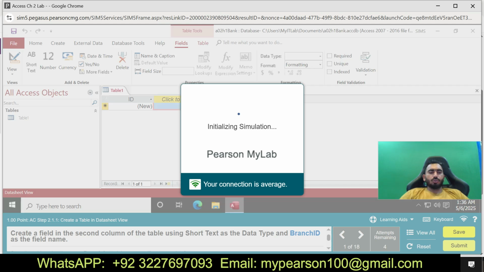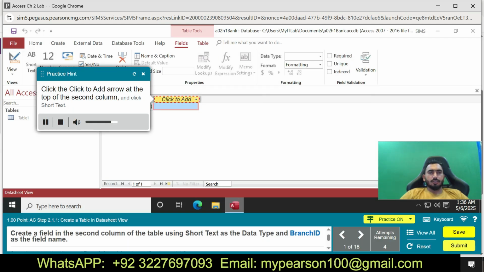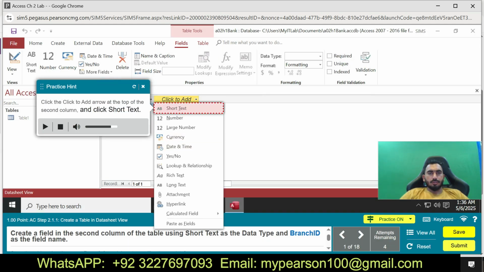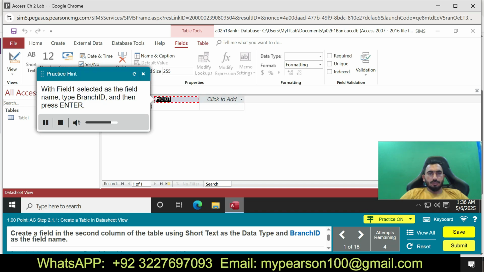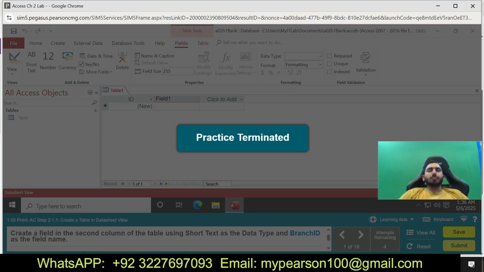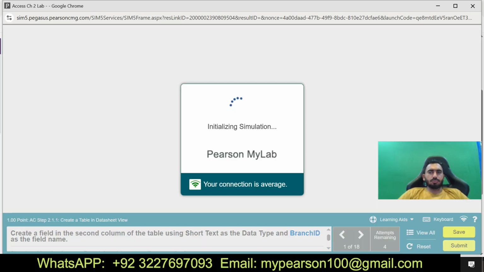Okay, I can show you how to create a field. Click the Click to Add arrow at the top of the column. Short text. With Field1 selected as the field name, type branch ID and then press Enter.